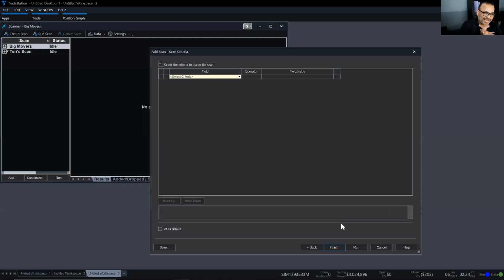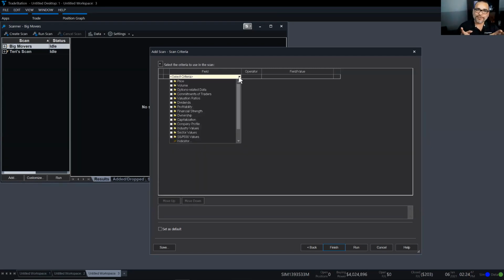So this is where the fun begins. This is the scan criteria. This is where you tell the scanner what are the stocks that you're interested in. And I'm going to start off with description. Description is a type of filter that gives you the name of the corporation, because, and this is something that I've learned by using the scanner many times, when you get a list of symbols, you have no idea what those acronyms are. You see the actual ticker symbol, but it means nothing if you don't know what the underlying company is. By having the name of the corporation next to the symbol, you at least have some understanding of what